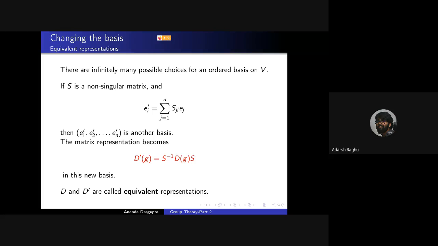Yeah. In that case, shouldn't the expression be S D S inverse? No, that's because E prime is SE. Okay, I will let you worry about this. This is basically because usually when you say change of basis, you often talk about how the components change. That depends on what you are using as your change of basis matrix. Here the change of basis matrix I have used is literally a change of basis matrix. The new basis vectors are expressed in terms of S times the old basis vectors. Okay. This is the rule that we have used.